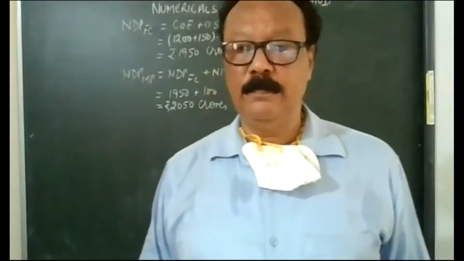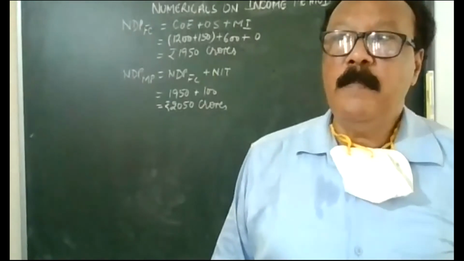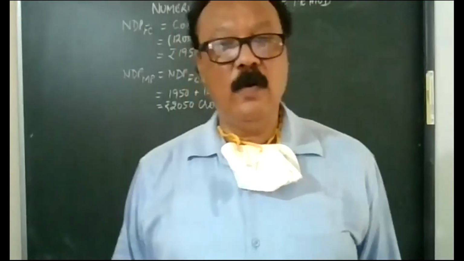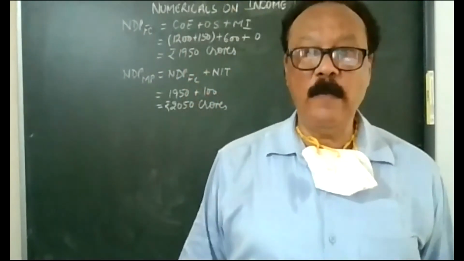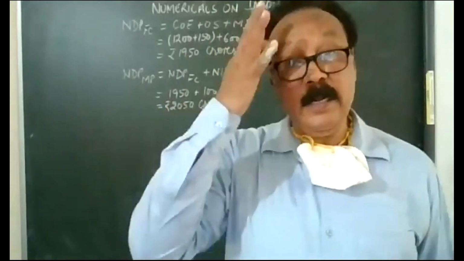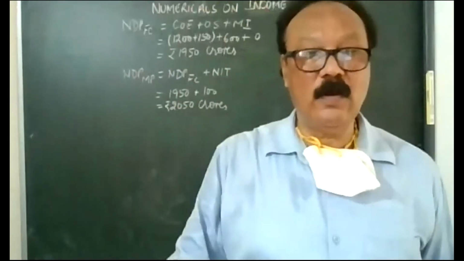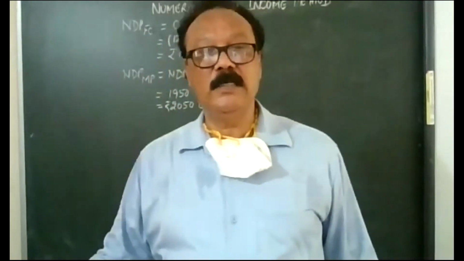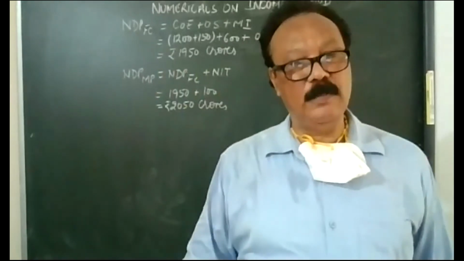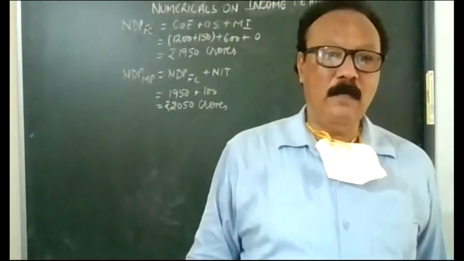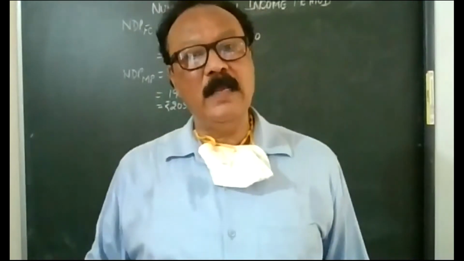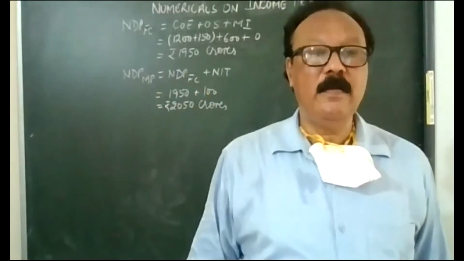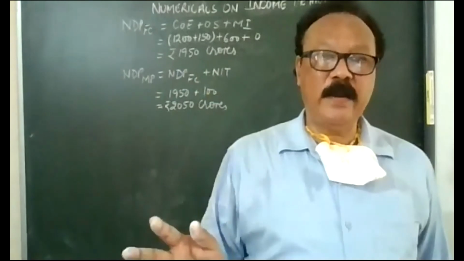Any problem in understanding the income method? It's a simple method. Once your basics are clear, you should have no problem. If you have, go back to the time where we did the interchanging of aggregates of national income. I had given you the chart: from gross to net, minus depreciation; net to gross, plus depreciation. Then from national to domestic, minus NFIA; domestic to national, plus NFIA. Then similarly, market price and factor cost.